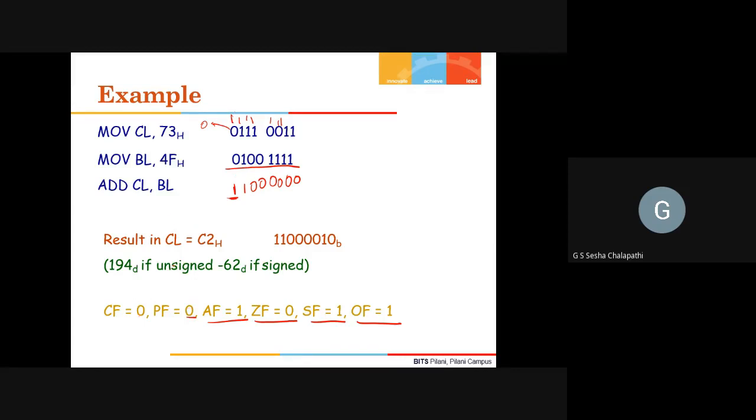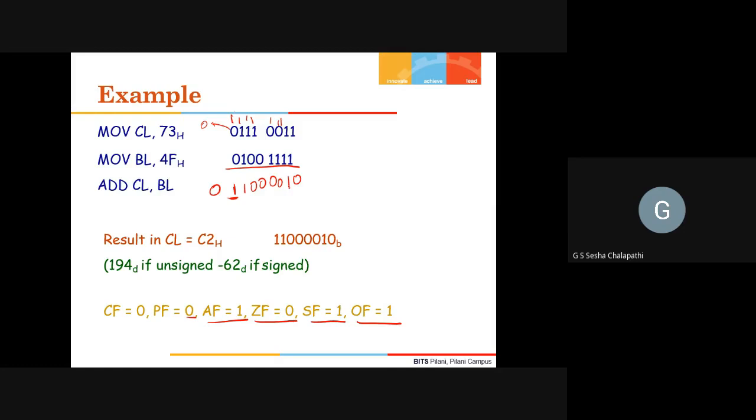I think we made a mistake here in terms of the addition. Let us look at it. Yeah, here it is, that's the issue. 1 plus 1 is 0, and then you have a carry 1 here. 1 plus 1 plus 1 is 1. So the answer is 1 1 1 1 0 0 0 0 1 0.